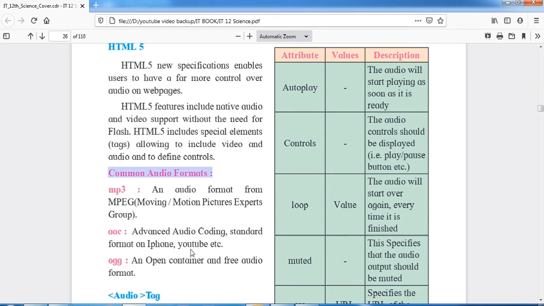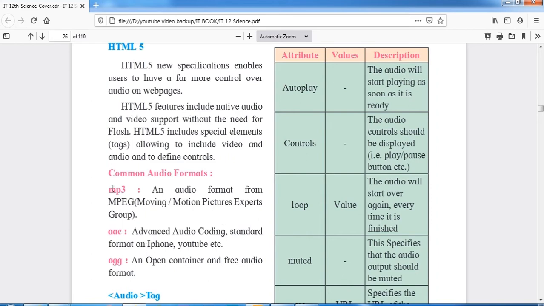You will find this kind of file more on iPhones. OGG is an open container and free audio format, so it is not owned by anyone. But you will find MP3 and AAC are the more common audio formats. These are the formats of audio you can import.